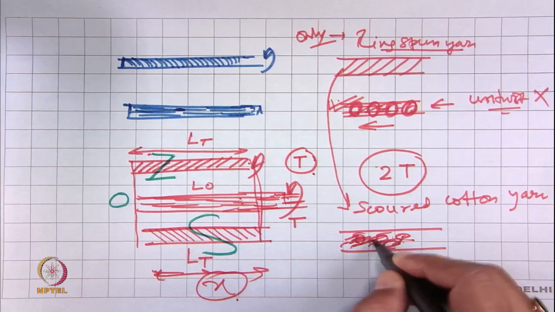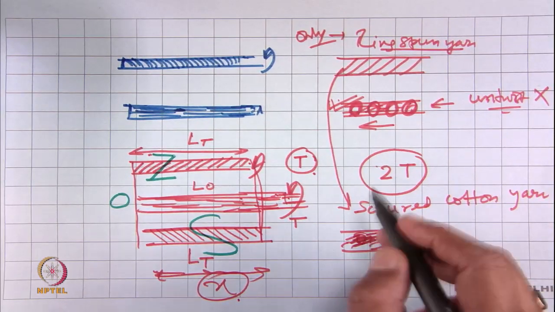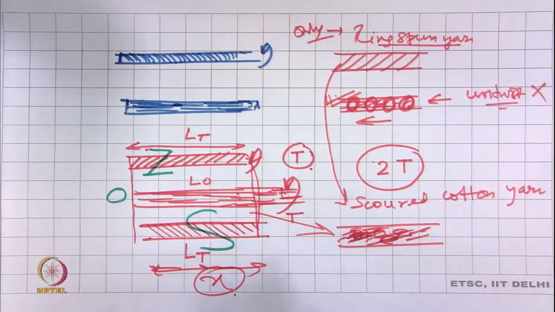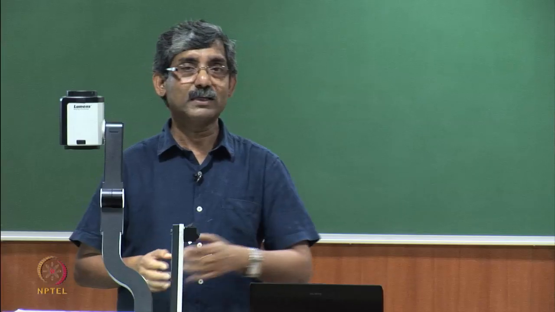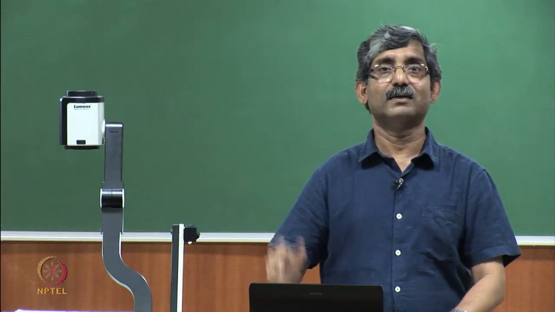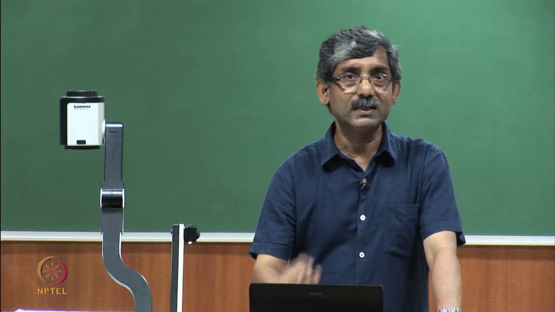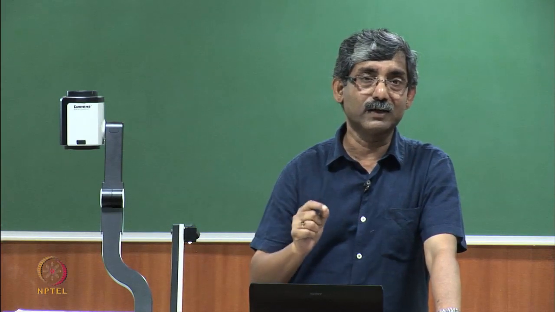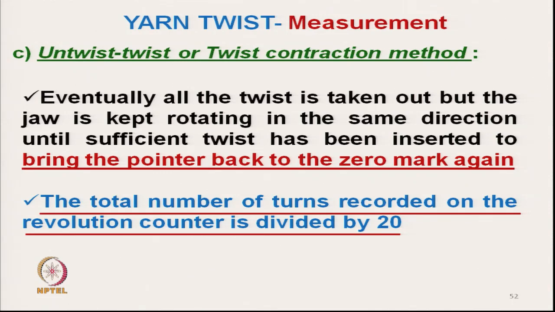So, fibers get stuck together, and if we try to use this untwisting-twisting method, proper extension and proper removal of twist may not be there, the zero twist condition may not be there, because of some entanglement, some clustering of fibers. So, this may give a wrong result when we use processed yarn. This will give a correct result only when we measure fibers which are easily separable.